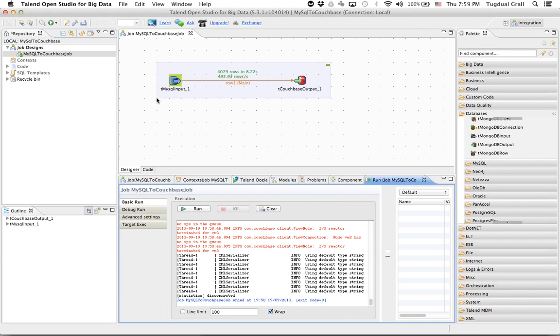So the big difference between using Talend or a simple Java code or script is you can use Talend to do a lot more complex mapping operations. So you can do aggregation of multiple tables in one single JSON document. You can capture data coming from your MySQL or coming from your ERP and put that inside Couchbase as a document. So as you can see, migrating the data is not a problem. This is not something that is complex to do.